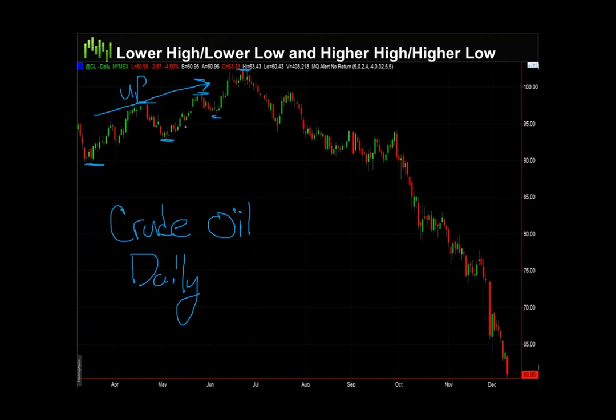Then what happens? We come all the way over and break through the previous swing low. What does that mean? We're either consolidating or reversing. Now we have a lower low, but we're not in a downtrend yet. We're in either consolidation or reversal. We bounce, and by about this point right here, we now have a lower high as well. This becomes our downtrend. Now we have a lower low plus a lower high.